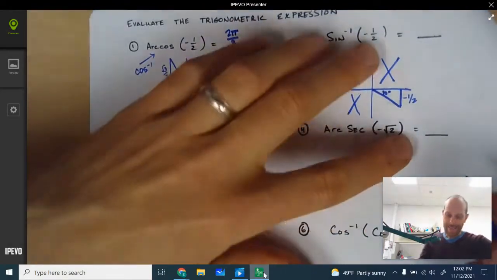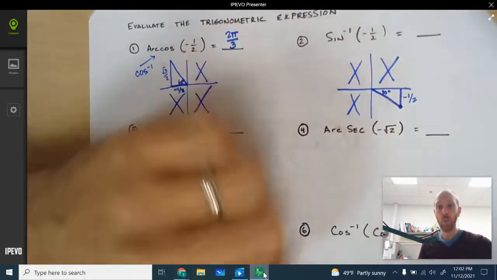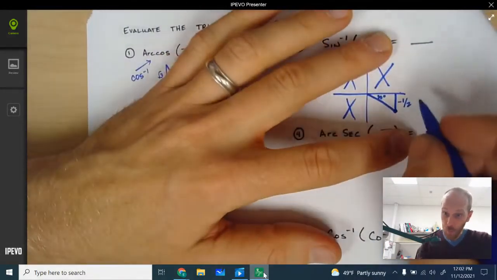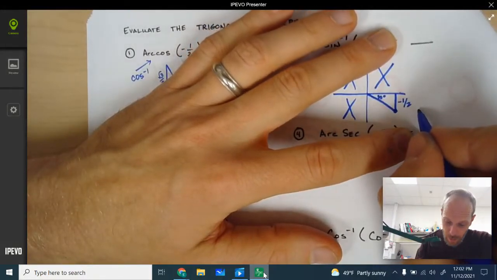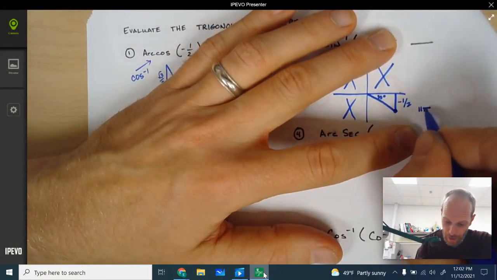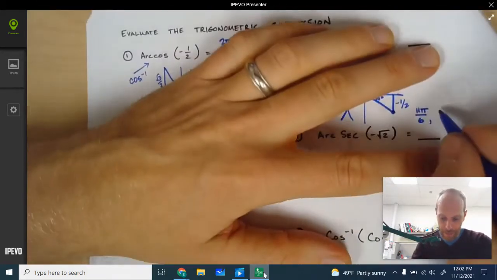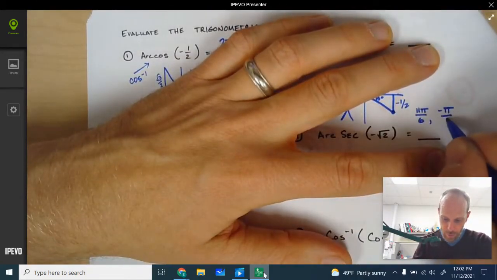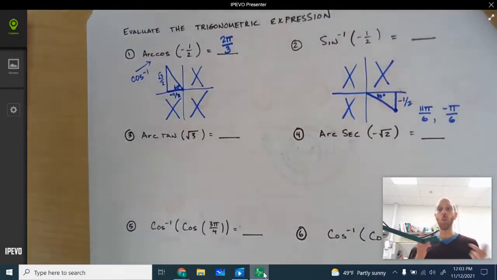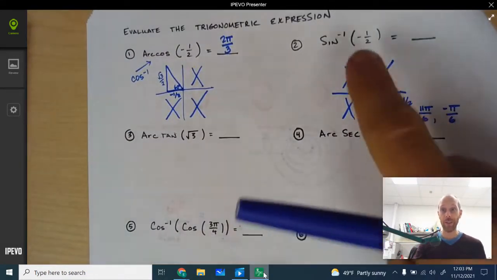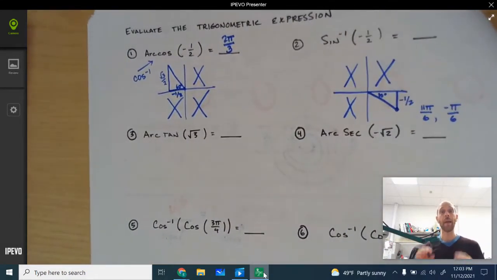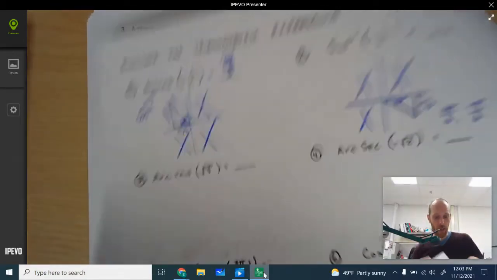Now, I can think of two different radian angles that land right there. One of them is 11 pi over 6. The other one is negative pi over 6. Question, which one of those angles do we write as our answer? Answer, take a look